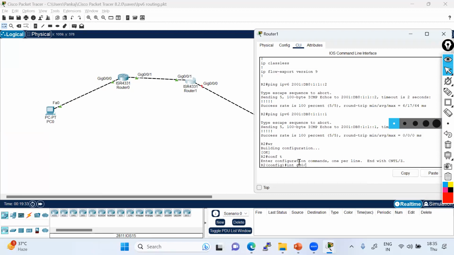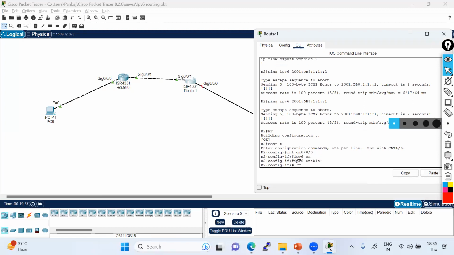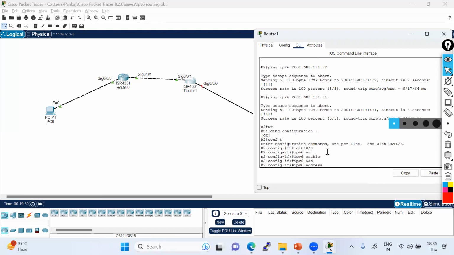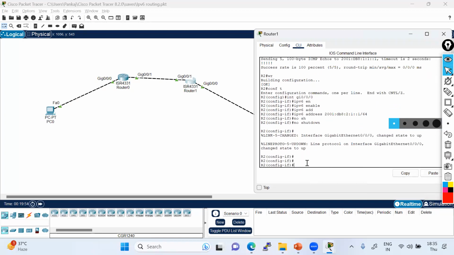So I'll assign this IP address. Interface gig 0/0/0, IPv6 enable, IPv6 address, and I will assign this, okay? And then after I will make it no shut. Okay, so this link is up.